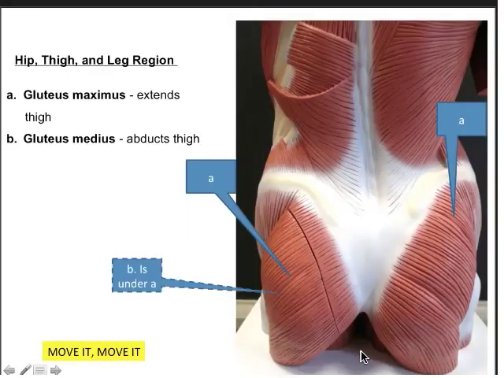This is a look at the gluteal group. Okay, so the gluteal group is actually a group of 3 muscles, and going from the most superficial muscle to the deepest muscle, what we have on the very outside is the gluteus maximus. Okay, these are the muscles you think of when you think of your posterior. Okay, it's the most superficial and the largest muscle in the group. It extends the thigh. It helps us walk. Okay,